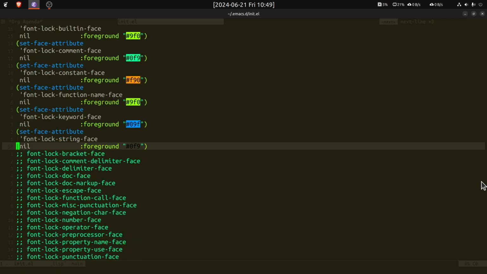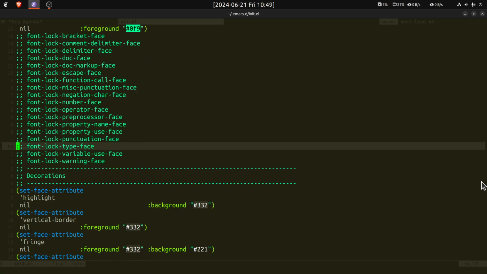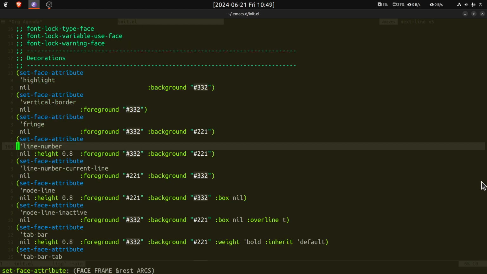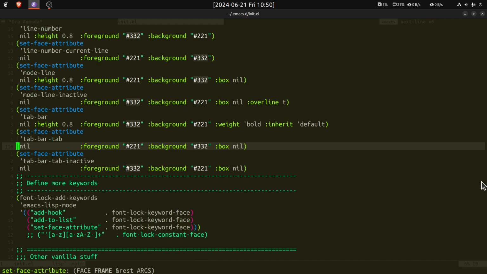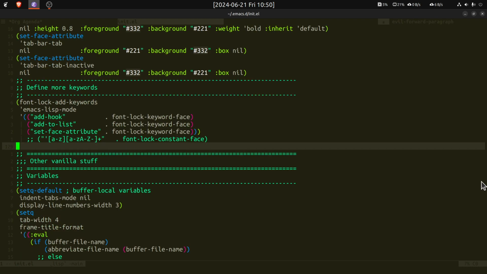I'll just scroll through these colors, and I have all the font lock colors as comment, because then I can pick up on the names of those. Then I have